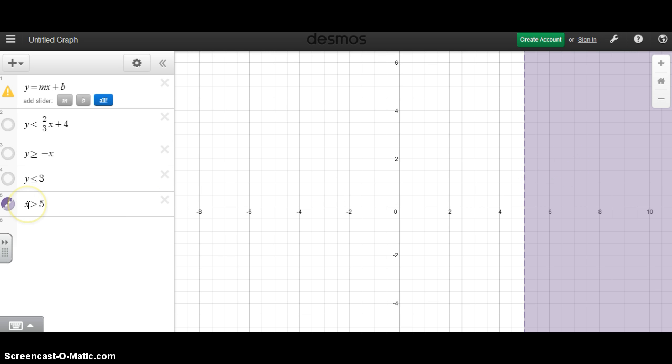Well, it says x is greater than 5. You might want to pick some numbers that are greater than 5. Some numbers that are greater than 5: 6, 7, 8, 9, 10. All of these numbers, if you notice, are all to the right of that. So that's why we shaded all to the right. I did not shade to the left because 4, well, that's not greater than 5. 3 is not. So all of this stuff does not